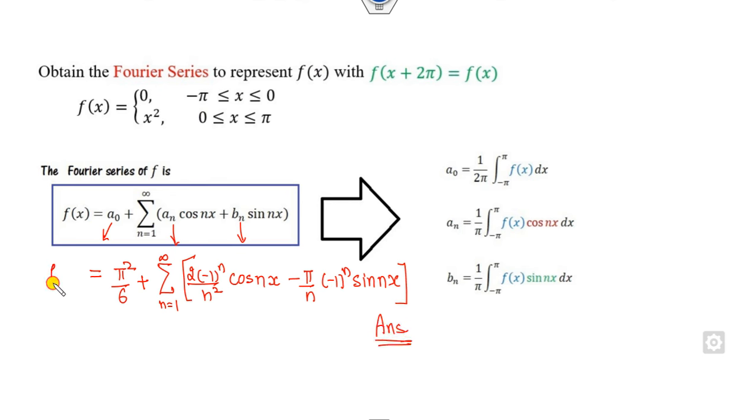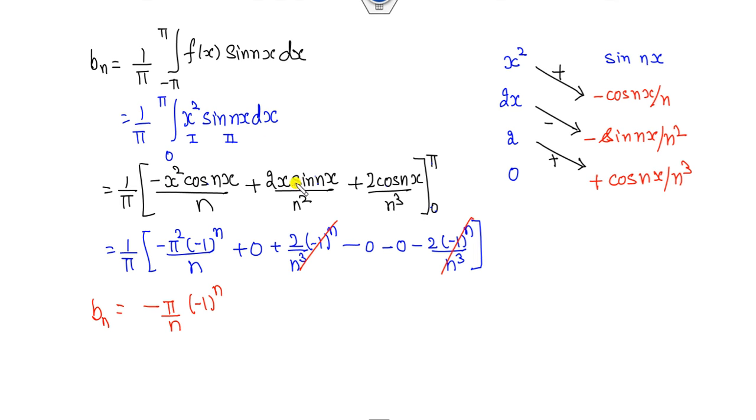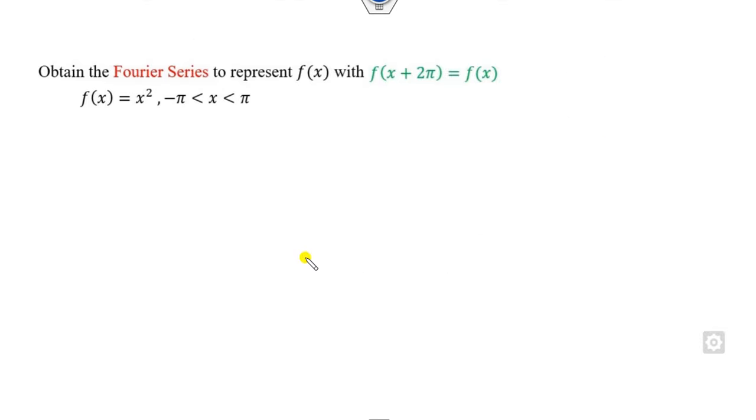So this is the Fourier series of this function 0 to x square. So make sure your target is to just integrate them. Once you can integrate, you will get the right answer. Look at this function again. So again your target is to find, because the length is again 2 pi, fine. So it is 1 over 2 pi minus pi to pi fx dx.